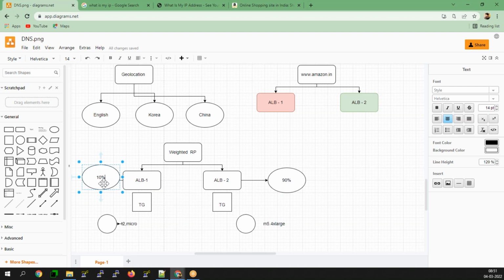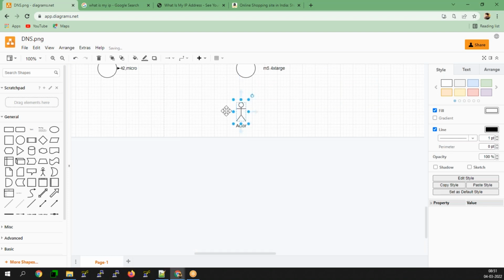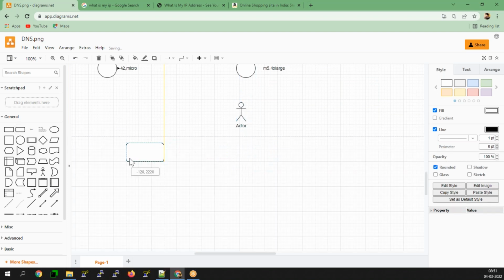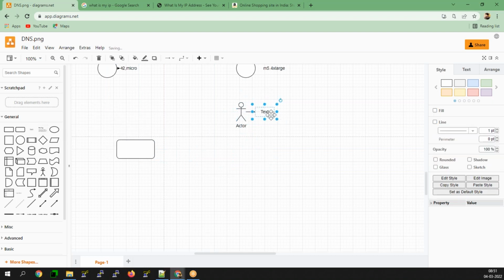For example, when an end user is going to hit from your location of Mumbai, he is from Mumbai.